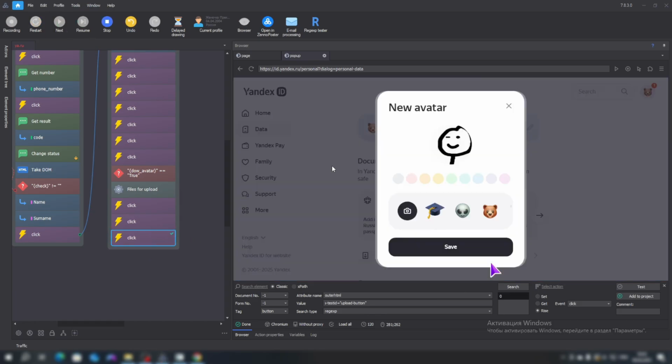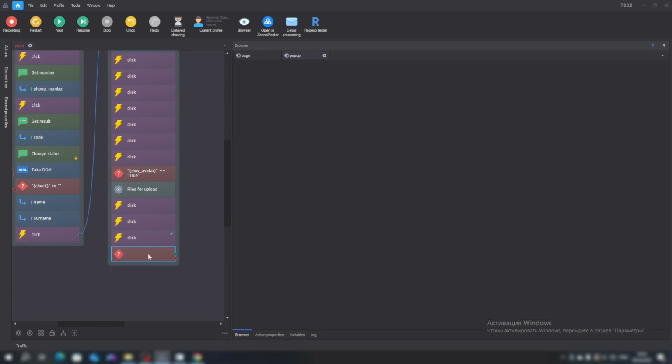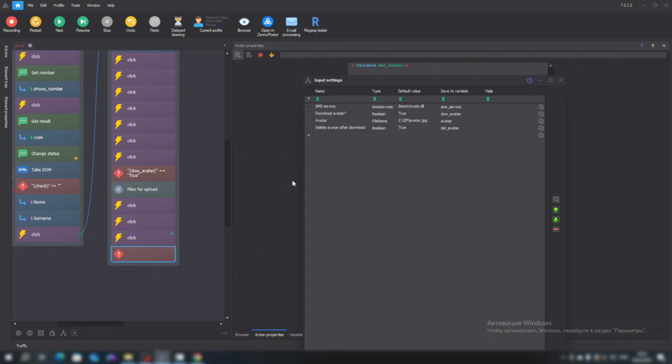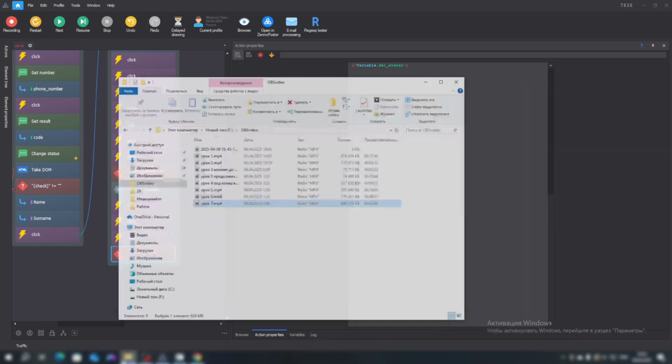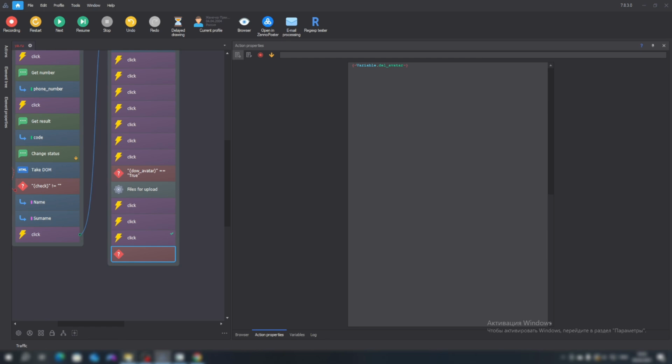Next, we need to perform a check to decide whether to delete the avatar after uploading. Now we insert our variable delete avatar or not. We specified the value as true. That is, in the folder of our project, this avatar in our project folder will be deleted when the value is true.